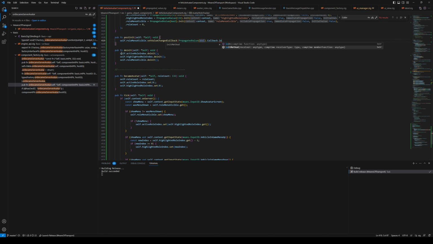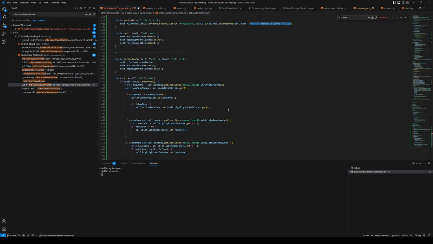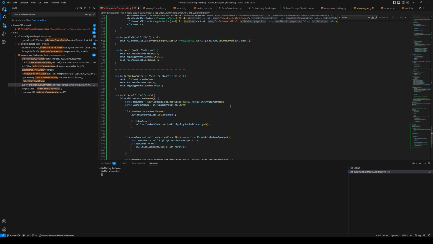and init, and we can init it as just a function, or we can init it as a method. We don't really need it as a method here, but let's do it anyway because we might want that later. So method just lets us tell which, and that's supposed to be self with a small s, and that's supposed to be self with a large s. Yeah, because the first one is the receiver and the second one is the receiver type, and the third one is the name of the method. So we need to create a method here, and we can call it something like on